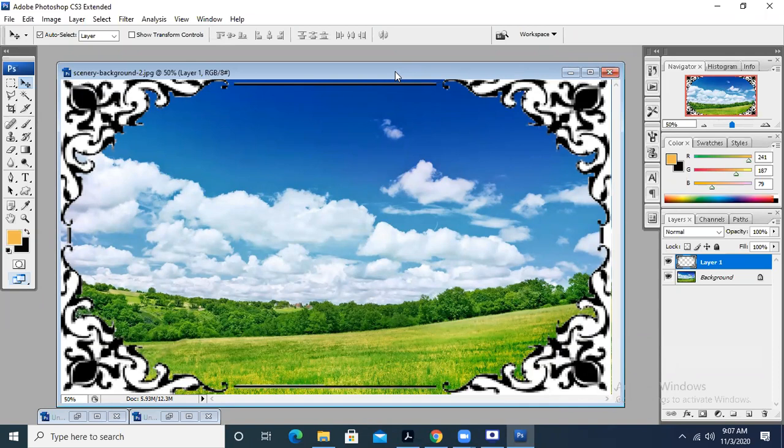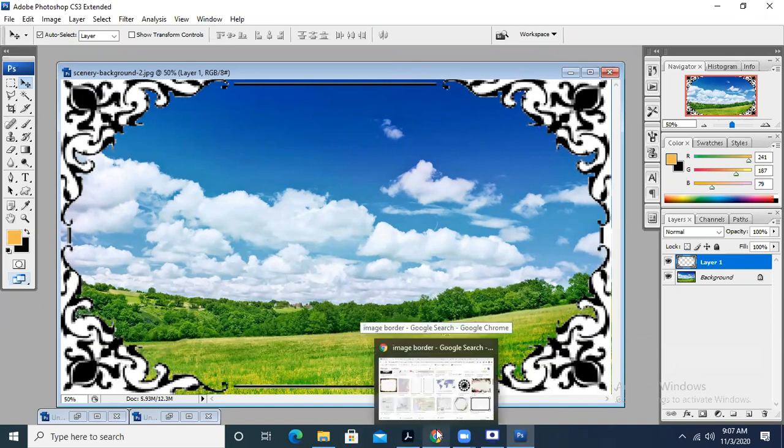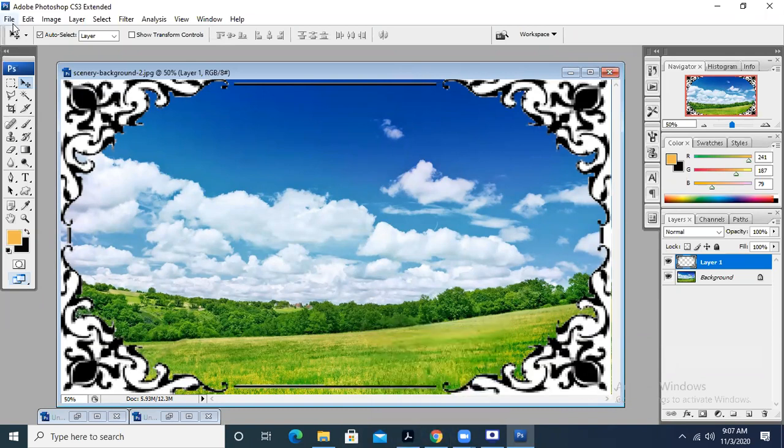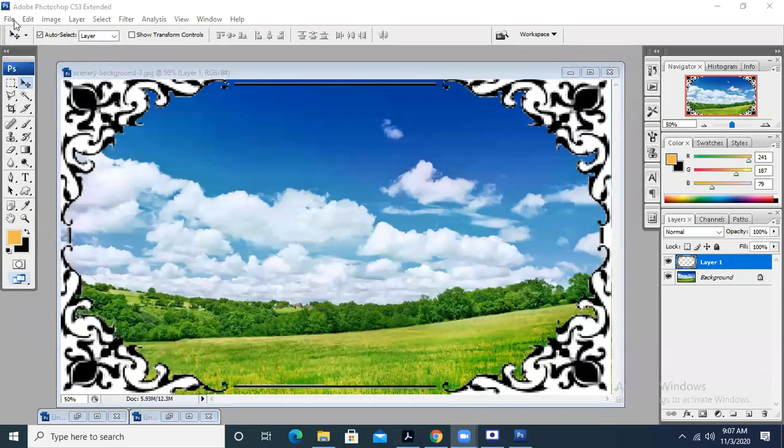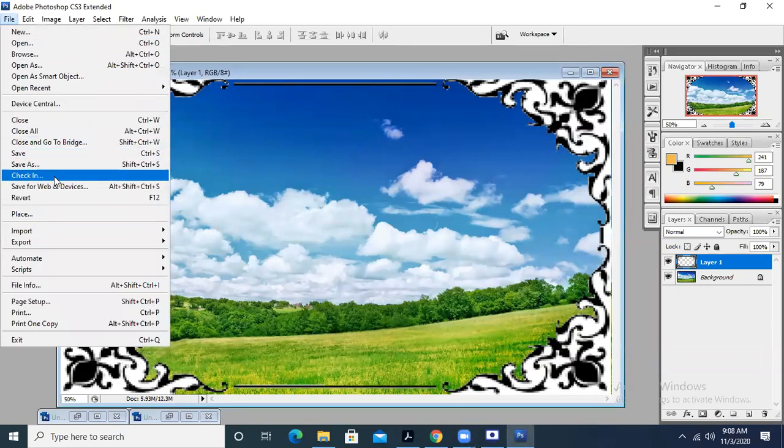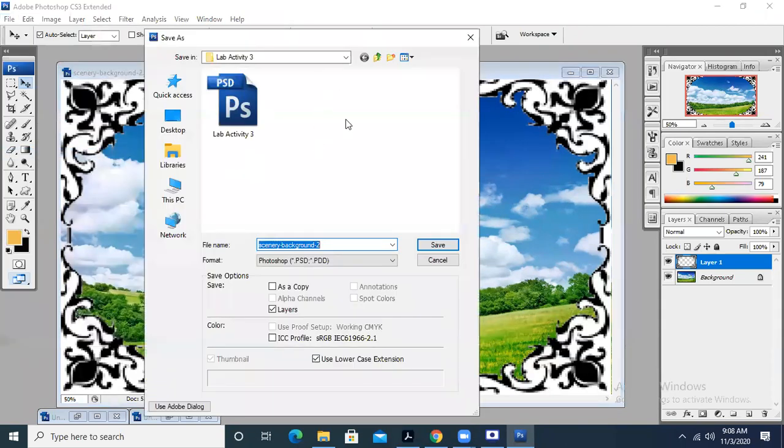Since the background image is too large and the border that we have taken is not that good because it has a low number of pixels, so what we are going to do, we are going to save this image in the lab activity number 4.